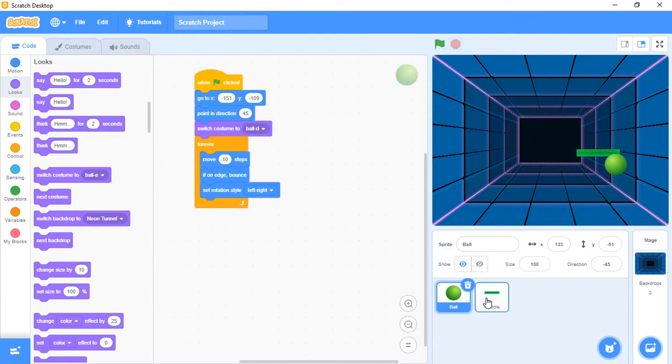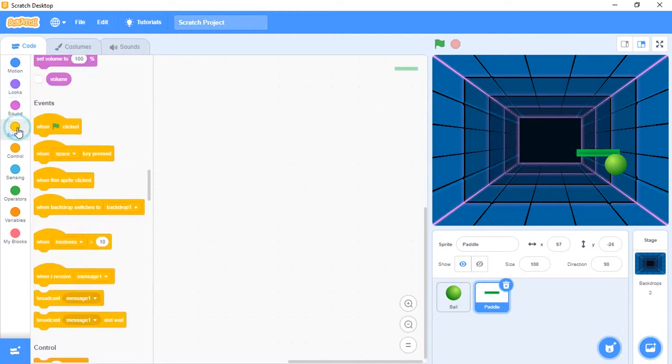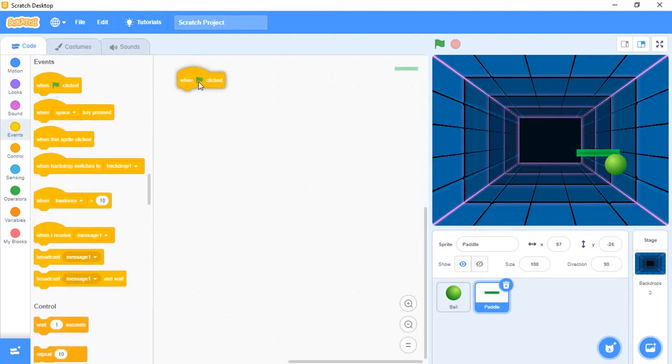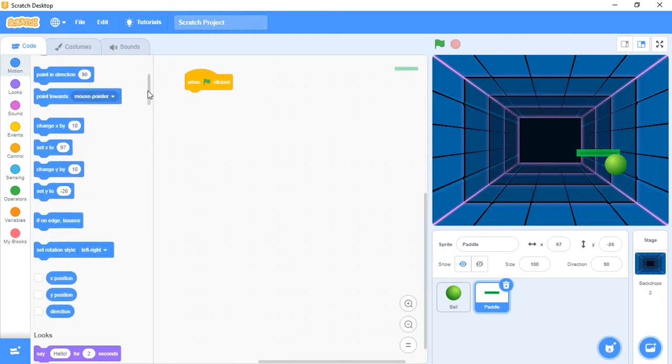Now for the paddle. For the paddle, it should go wherever the mouse pointer is moving. So for that, again select the event. Next, set. So make the paddle be in a particular location.